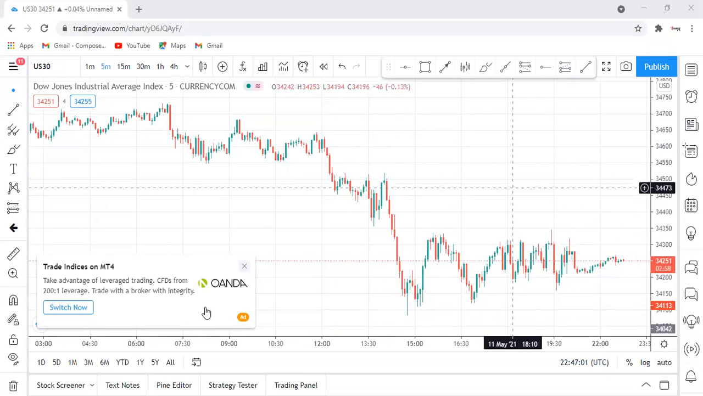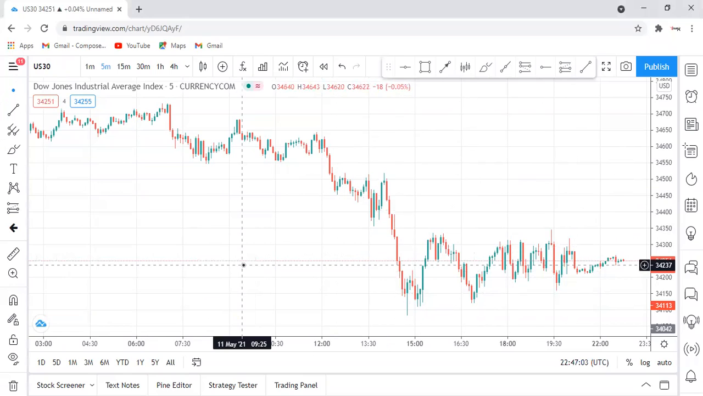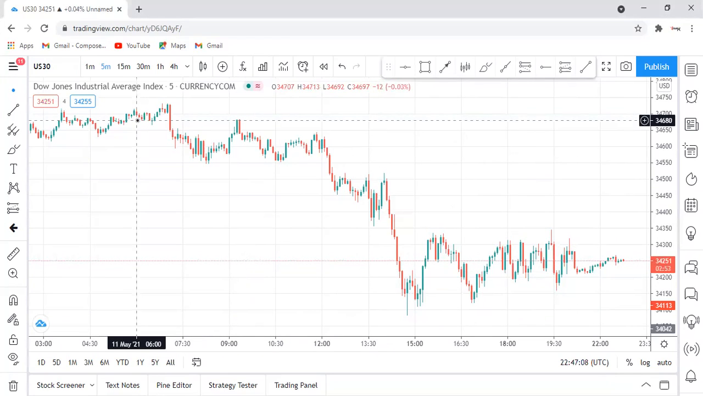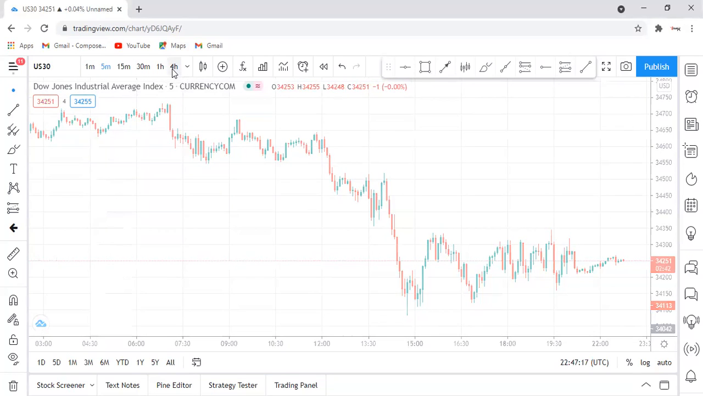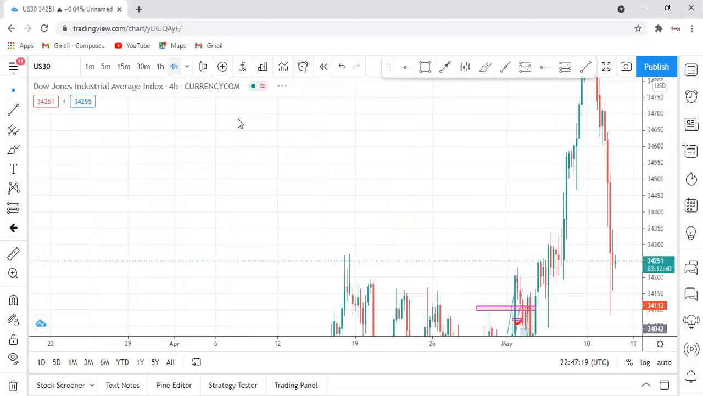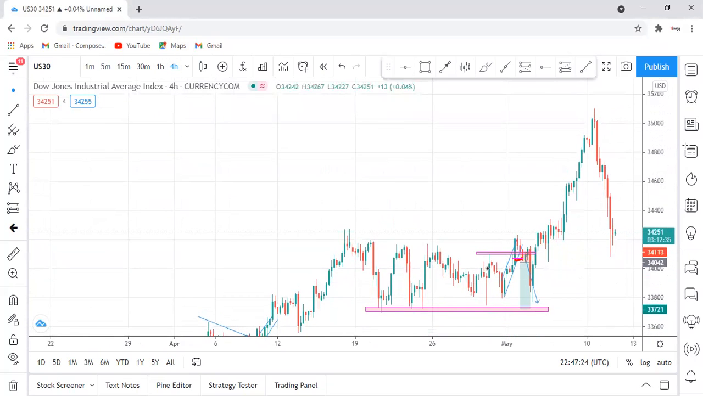Hopefully, guys, I'm just going to show you how you do your analysis. In the analysis, I always say that we must start by doing what we call a multi-time frame analysis. In a multi-time frame analysis, we're going to be looking at different aspects. So in that multi-time frame analysis, I prefer